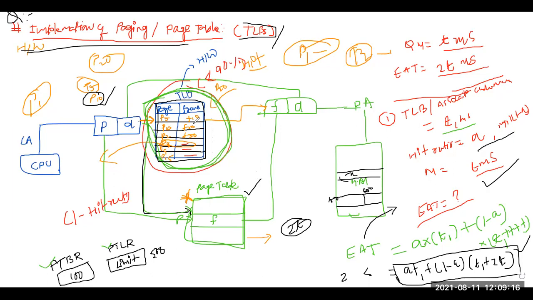अगर TLB में वो पेज मिल गया, if we find it in TLB, then we will not go for the page table. पेज टेबल पे सर्च नहीं करना है. अगर TLB में मिल गया, that is called TLB hit. TLB hit मतलब the page is found in my TLB. अब हमने क्या बोला, TLB का एक्सेस टाइम T1 है, और मेमोरी का एक्सेस टाइम T है. अगर TLB में मिल गया, suppose I am saying hit ratio is 90%, that means 90% of time I am getting it.